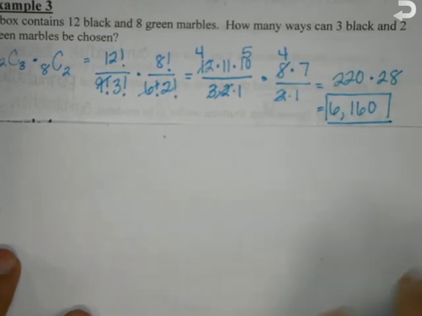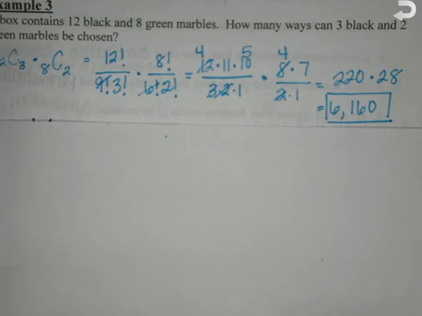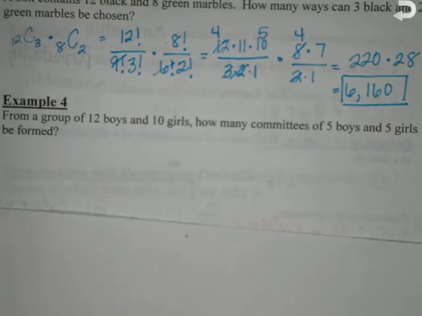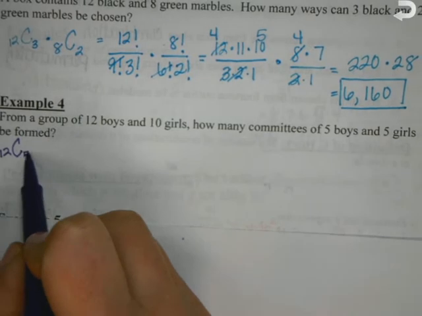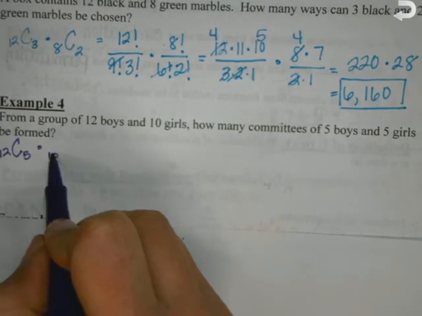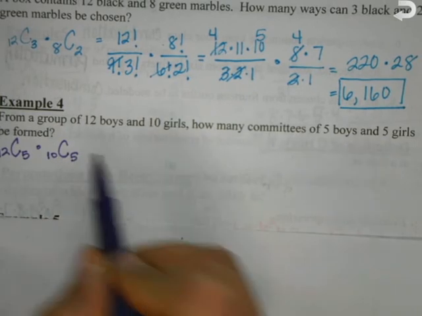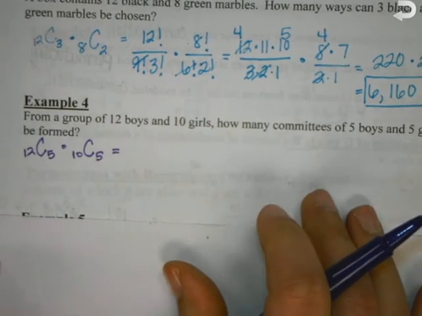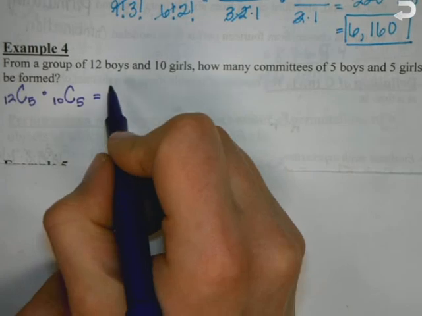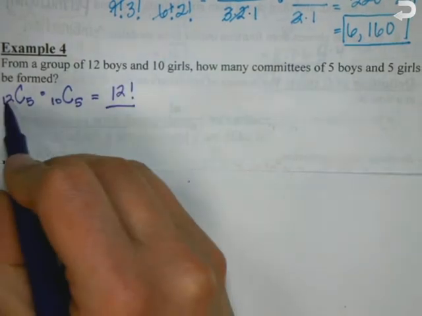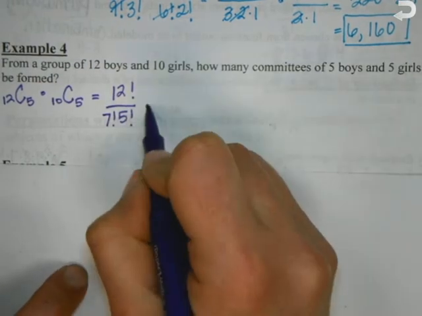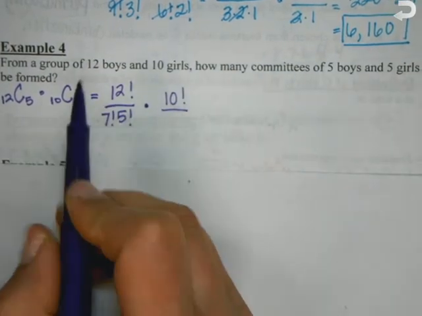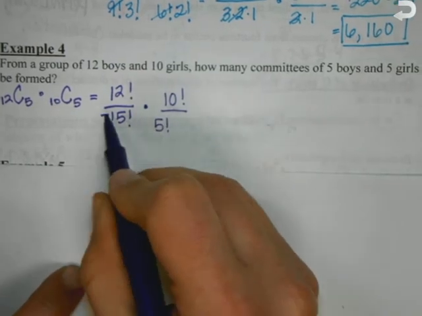Okay, so the first combination, we'll do boys first. So there were 12 boys to choose from, and we wanted to pick 5. Times 10 girls to choose from, and we wanted to pick 5 girls also. Okay, so that is going to be 12 factorial over 12 minus 5 gives me 7 factorial, 5 factorial, times 10 factorial over 10 minus 5, 5, and then 5 factorial, equals, now that 7 is going to cancel out with 7 down from 12, so that's